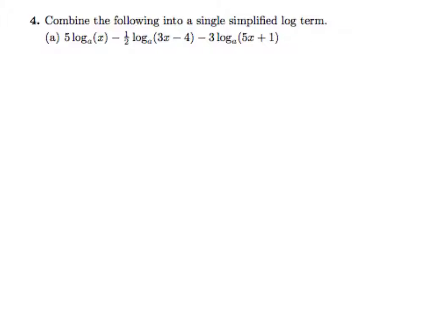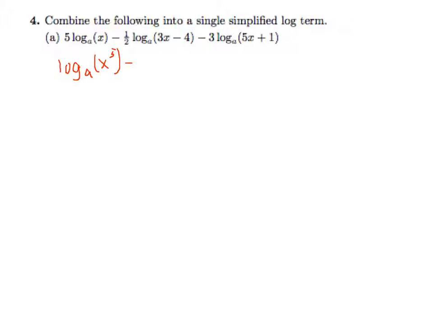Okay, this is problem number 4. Combine the following into a single simplified log term. So instead of what we were doing in problem 3, we're going to be going backwards. We're actually going to be combining these terms using those rules that we just had. We know that all these coefficients in front of the logs are powers, so we're going to rewrite this and put them in the power, in the exponent. So we have log base a of x to the 5th